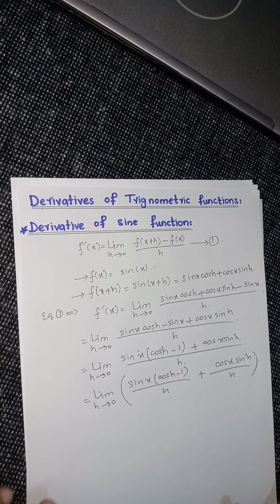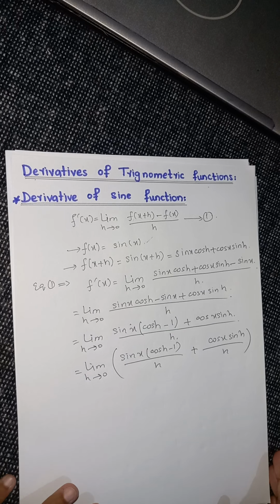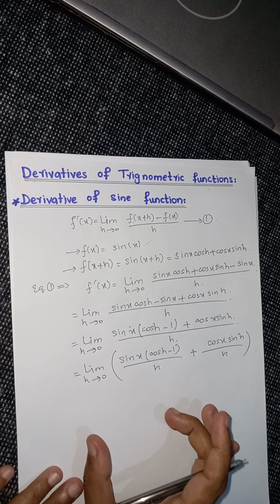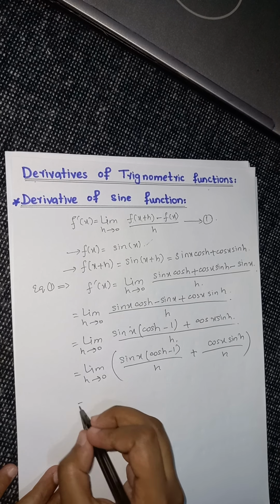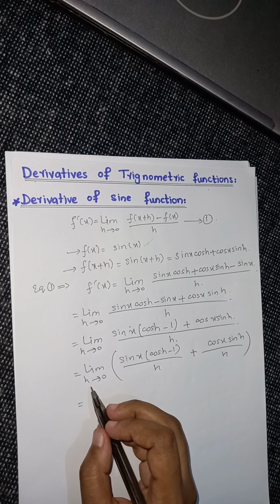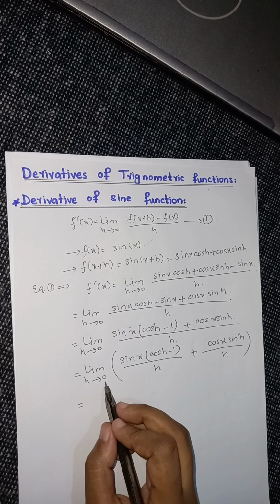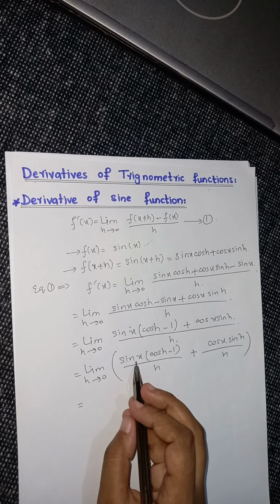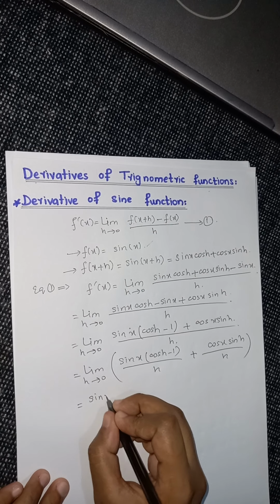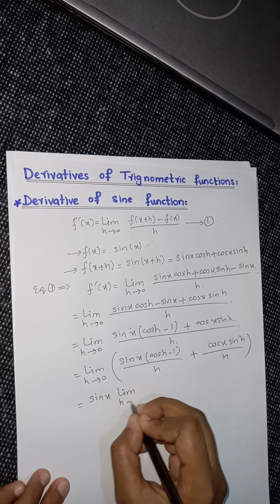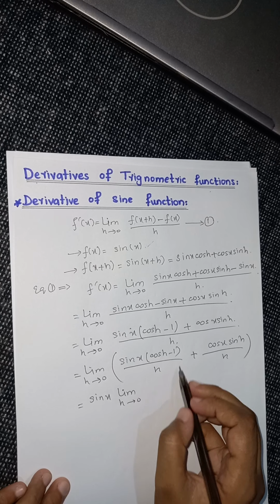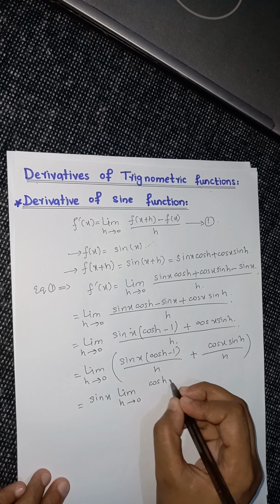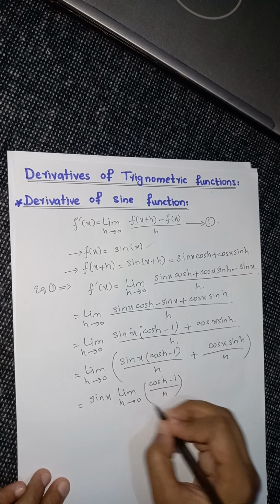That means we are just simplifying this term so that we can get to some sort of conclusion where we can easily find the limit. Now as you know, the limit is approaching, meaning here the variable term is h, not the x value. So that's why we take sin x as common and apply the limit on the terms that involve h, for example (cos h - 1) over h.